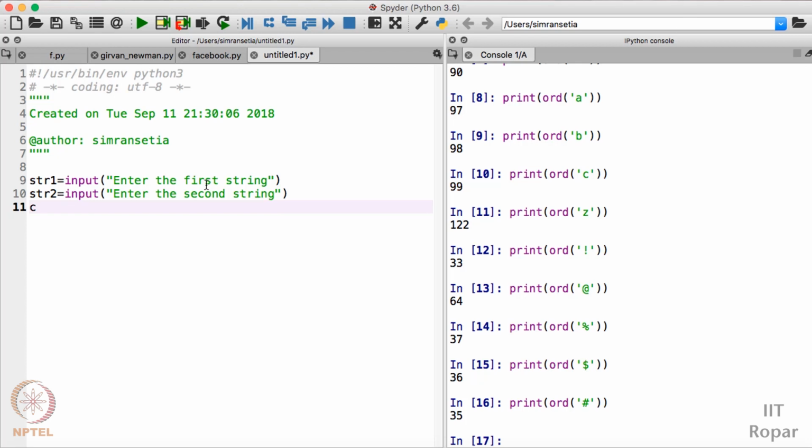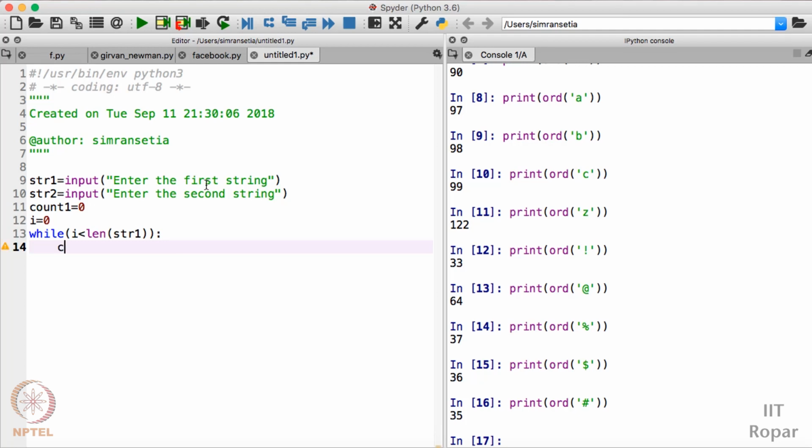So we'll take count1 here. I'll initialize it to 0. I'll take a variable i here. We'll use a while loop here. I'll run the while loop till the length of str1, since we are trying to find the sum of ASCII values of str1. What should I write here?